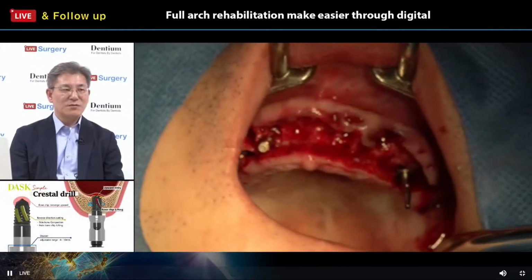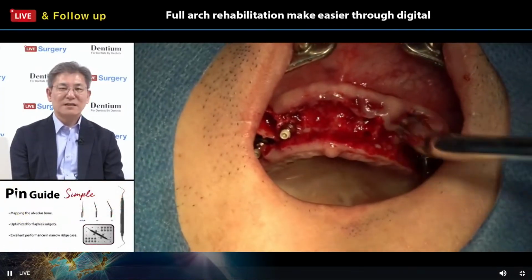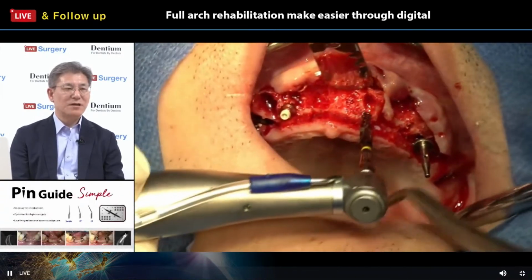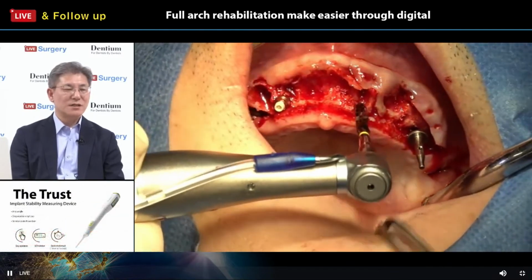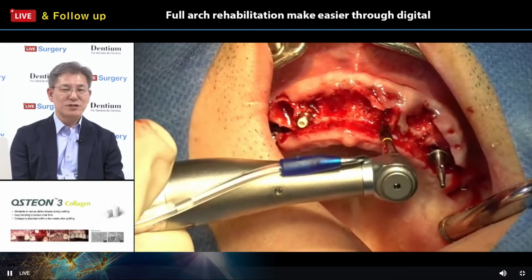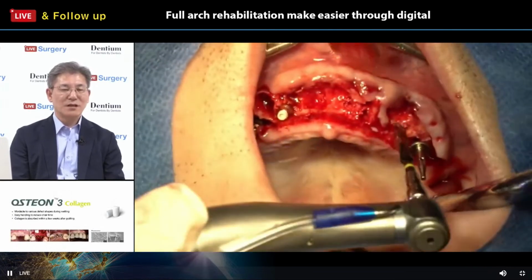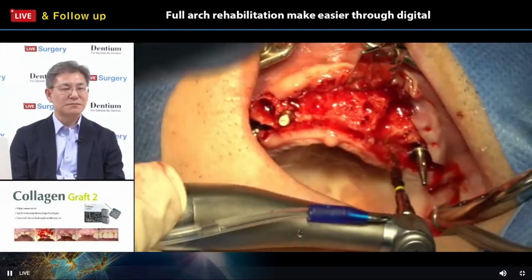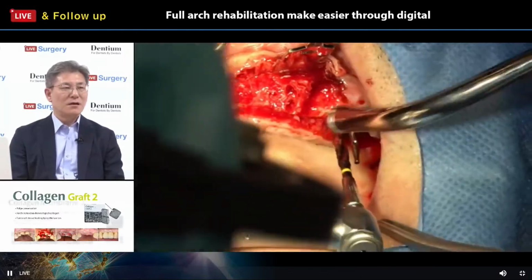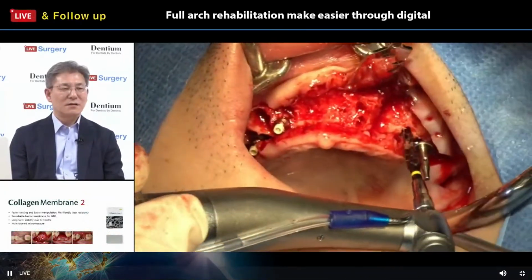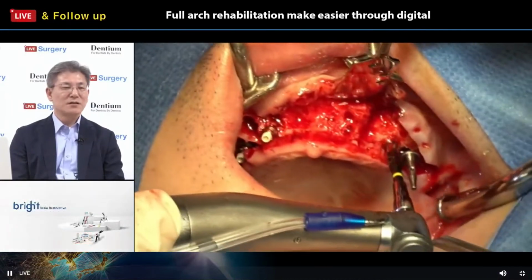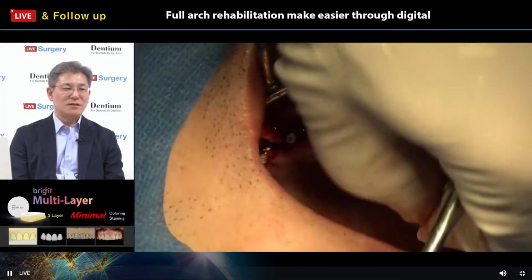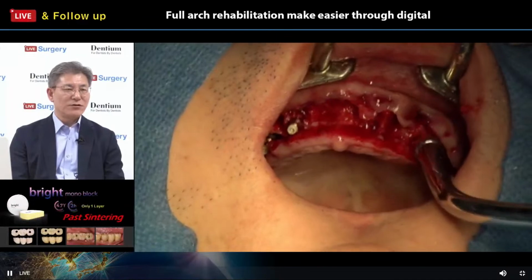This implant installation protocol gave us not a serious GBR procedure, right? It's just bone grafting with a simple procedure and the suture, that's it. And sometimes we can use an open wound healing style concept. We can expect faster osseointegration. It means we can get the final restoration for the patient after installation due to